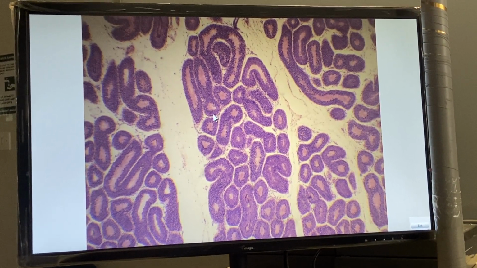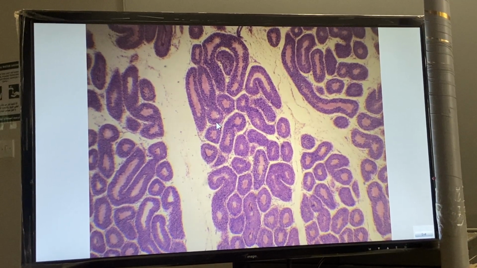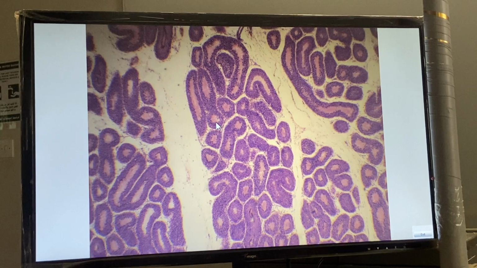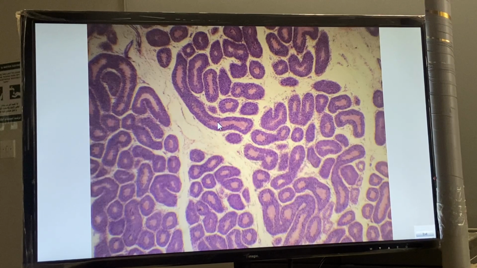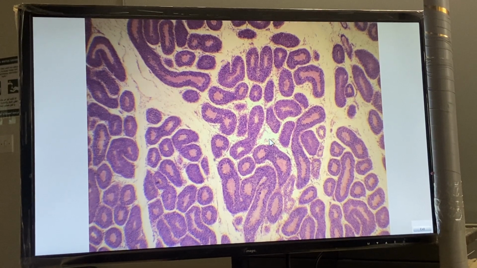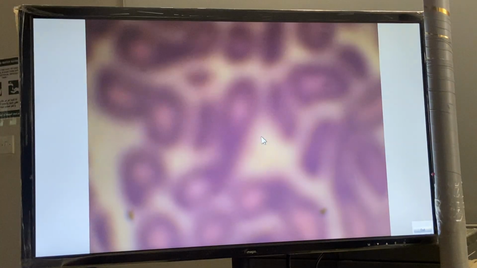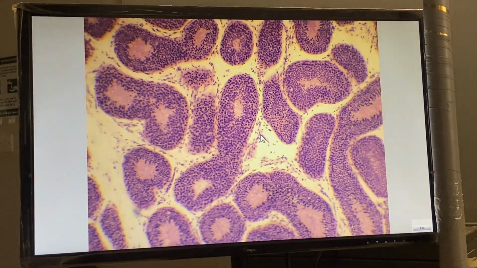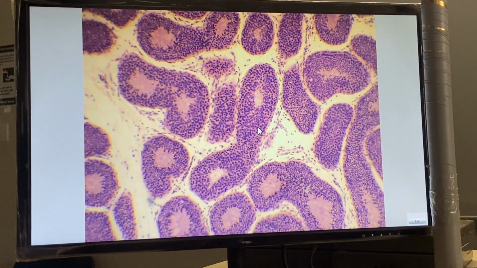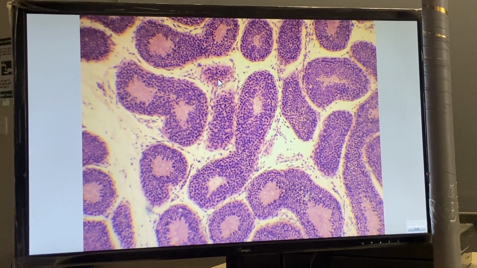At the tip of the pointer, we can see the seminiferous tubule. The connective tissue between the seminiferous tubules called interstitial tissue. Interstitial tissue found between the seminiferous tubules